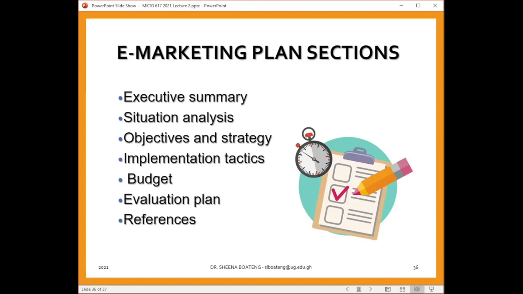So from here, you'll be able to log into Sakai and join a group. So I'm going to put groupings into Sakai, and then you can go in there and select the group that you want to join. Now, for full disclosure purposes, I'm obliged to let you know that you will not know who your group members are until after you have joined the group. This is to be able to create an enhanced environment for learning and to encourage teamwork, right?